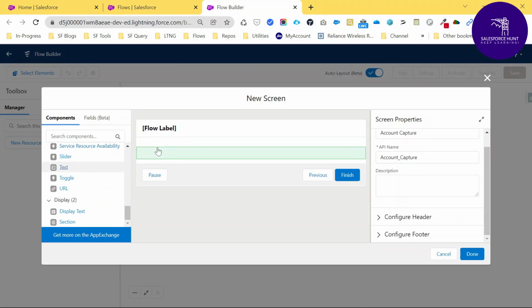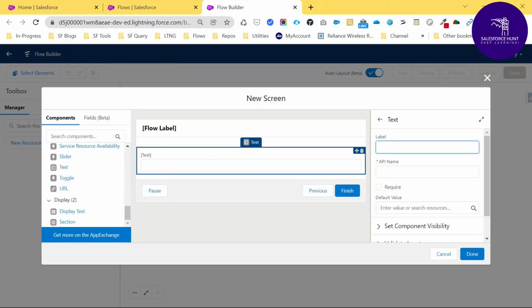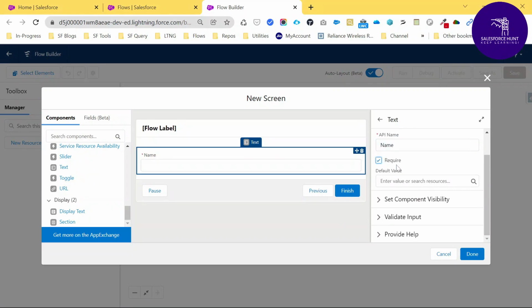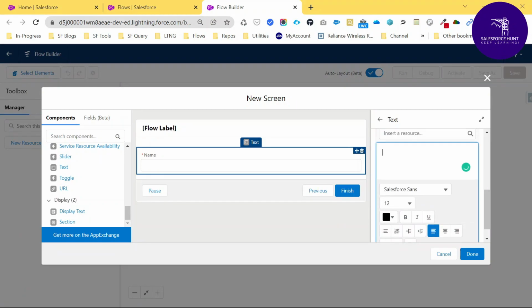Just drag and drop it in the particular place like this. This is the name, so just enter it here. If you want to make it required, you can select this checkbox to make name a required field. You can also provide help text, like this is the first name here.